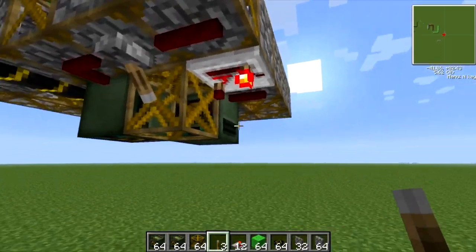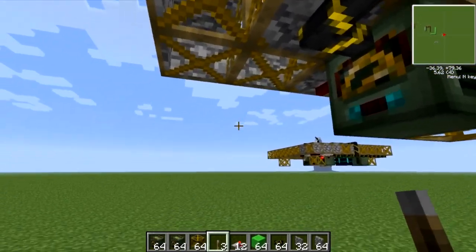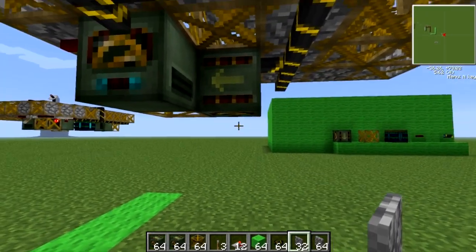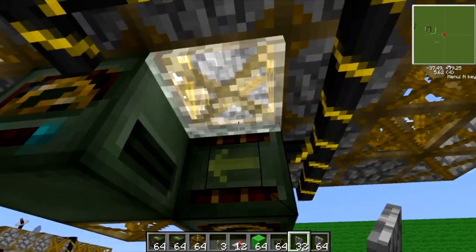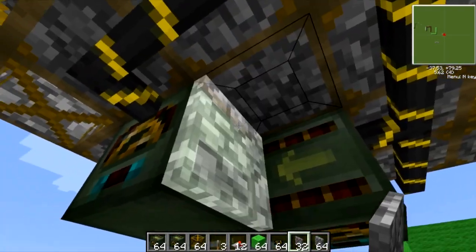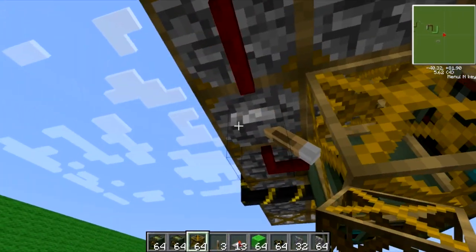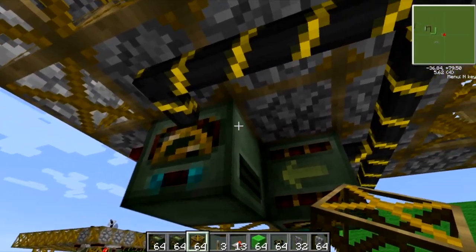Now basically this whole engine is done, other than one part. The one important part which will mess everybody up because it messed me up, even messed Direwolf up: you need a cobblestone cover right here, in between the little notch here. I'm going to show you, because what's going to happen is, now that the engine's hooked up, this engine is going to move over here,